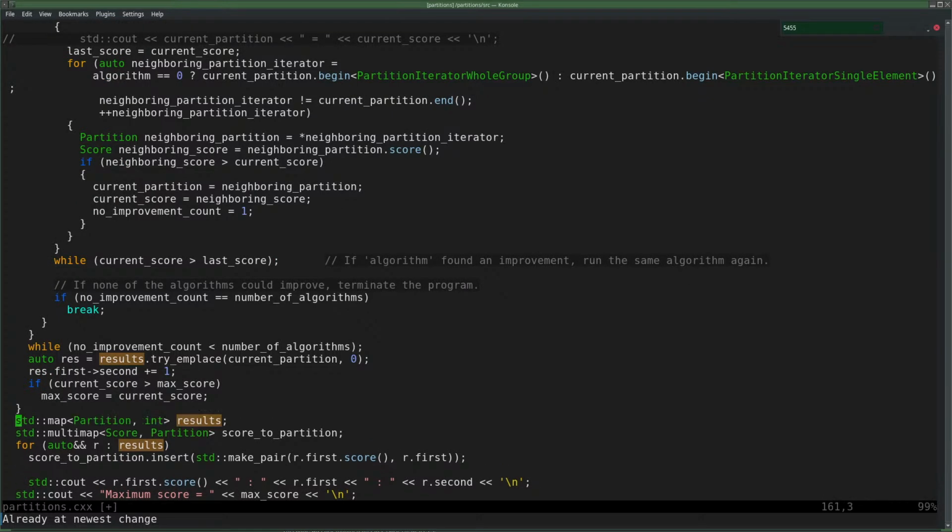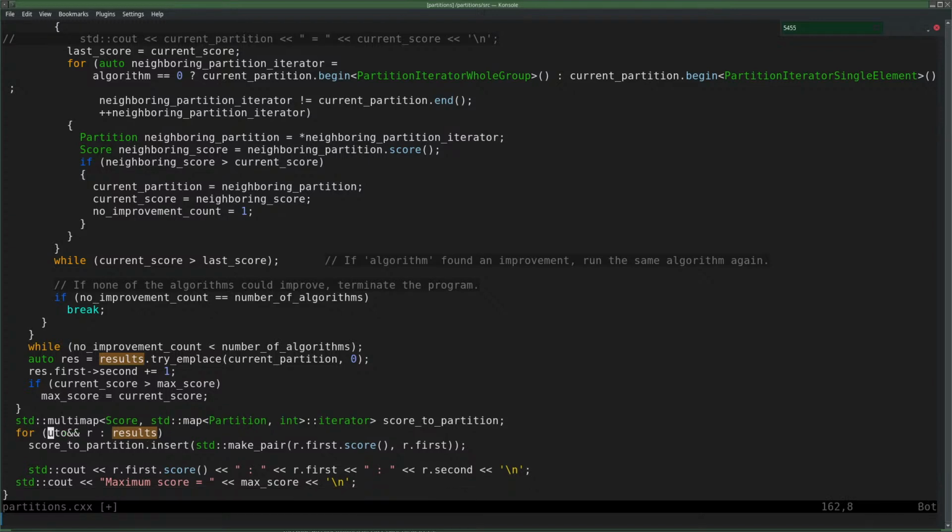So this is the type of the previous map, and now I'm just going to store an iterator to that thing. Could be a const iterator, but